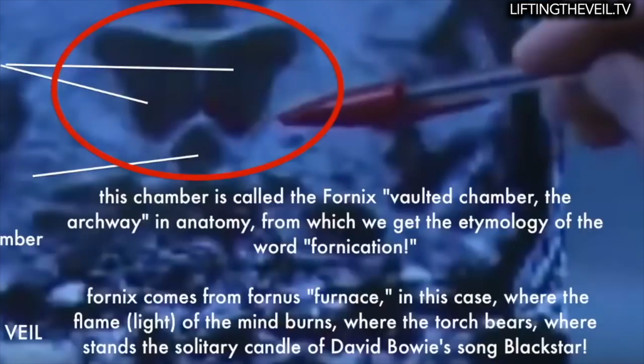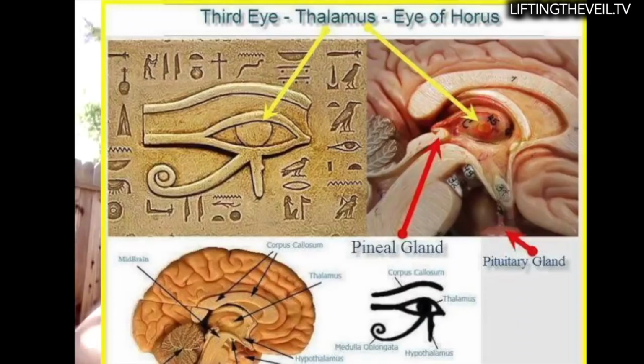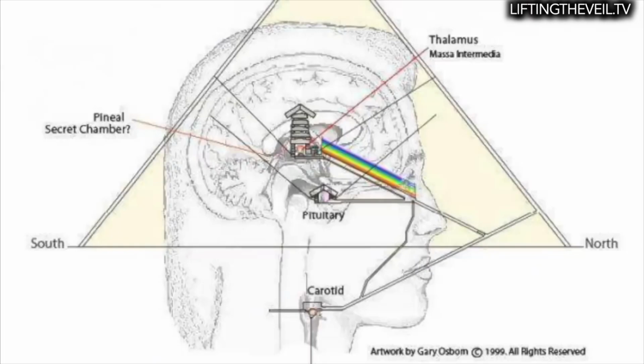And the third ventricle is where the pineal gland is located, as well as the pituitary gland. And the pineal gland is obviously what we know as the third eye. So this third ventricle here is where we find the third eye, the third ventricle, the third eye, the vaulted chamber. And this vaulted chamber, the fornix, is what, if we place the image of the Great Pyramid directly over the human skull